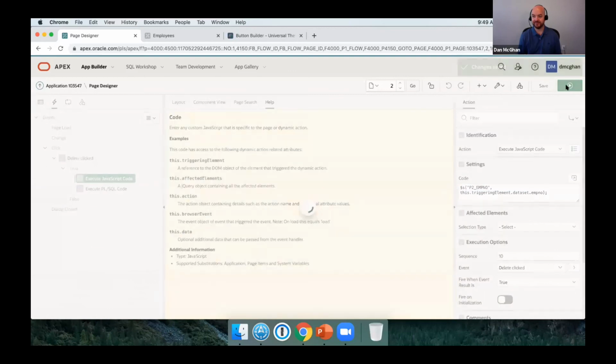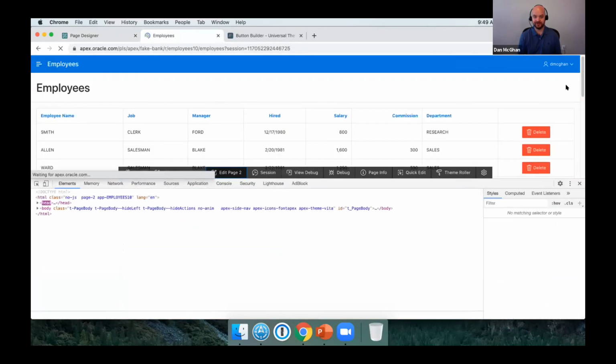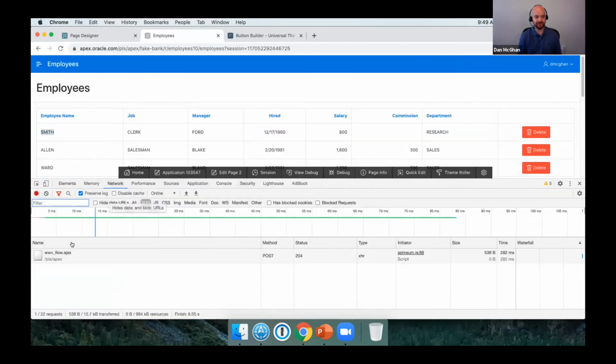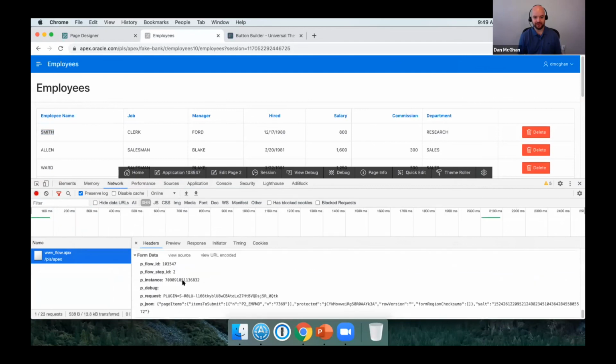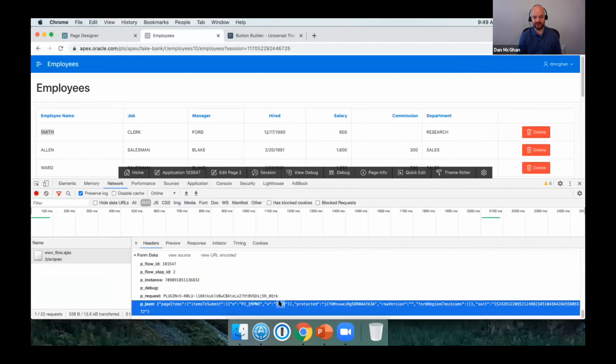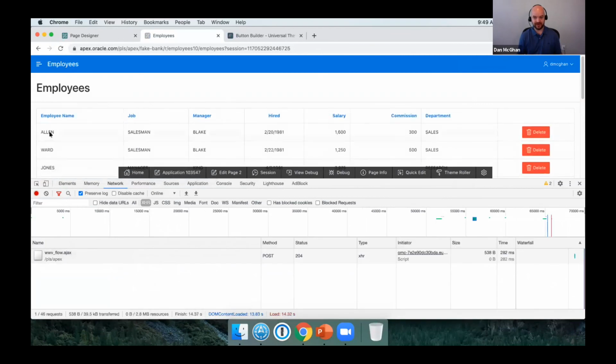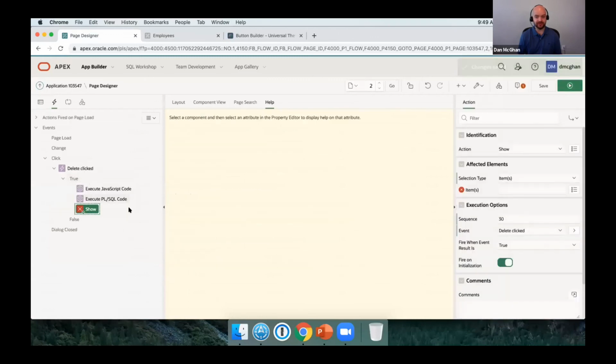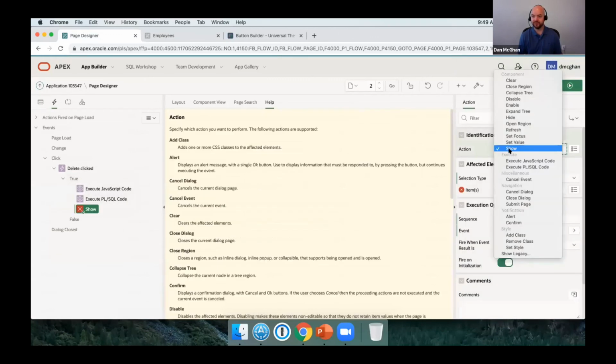So I'll save that, run it, and this time, if I click on this row for Smith, go back to network, go all the way down, we see that it passed the correct value, and if I refresh, Smith is gone. But of course, we shouldn't have to manually refresh, so we'll add another action here, which will refresh